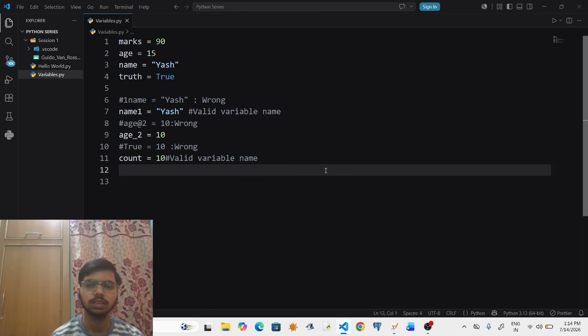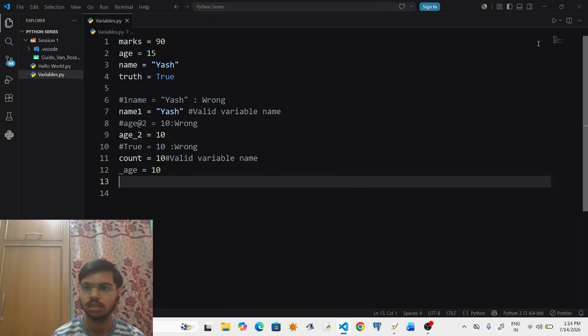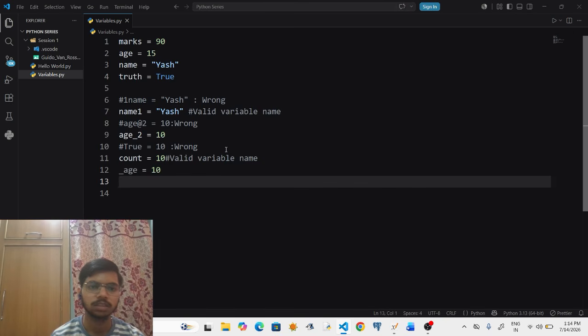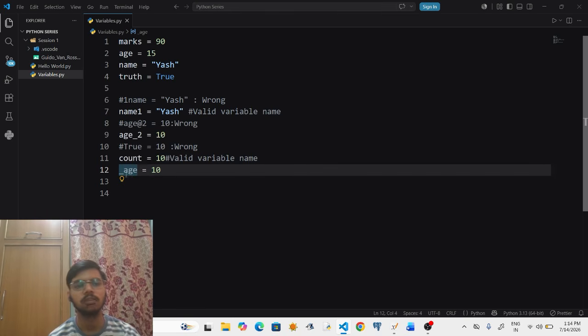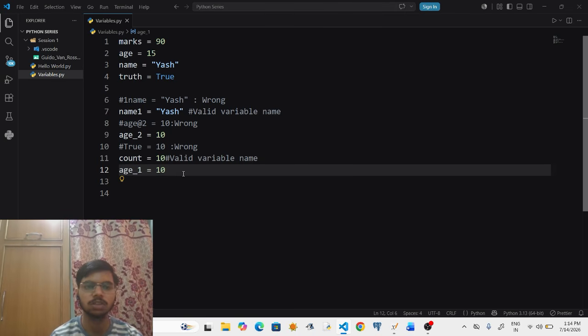Now let us also see what if I start the name of a variable with underscore. I say underscore age is equals to 10. Now let me run this. It was okay. But there is one thing: this is not followed in Python because it is never encouraged, and mostly we use the underscore later, like age underscore 1 is equals to 10.